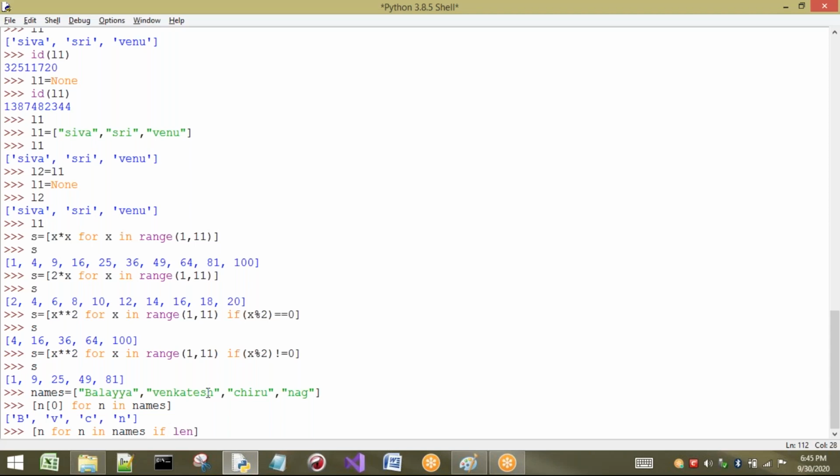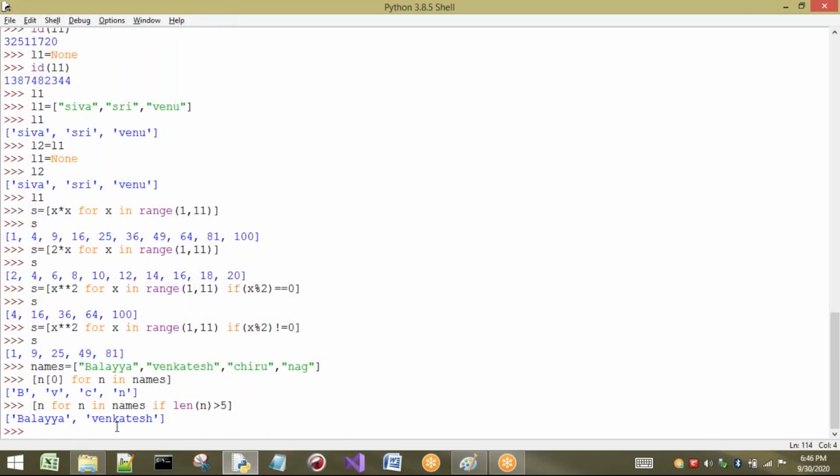Length of n should be greater than 5. Then only we are going to get that output. If I consider this example, what happens? Here more than 5 characters are there. Here also we have more than 5 characters. Here it is equal to 5, so it will not be printed. So see here what happens. Only two strings have been printed, those which have more than 5 characters.